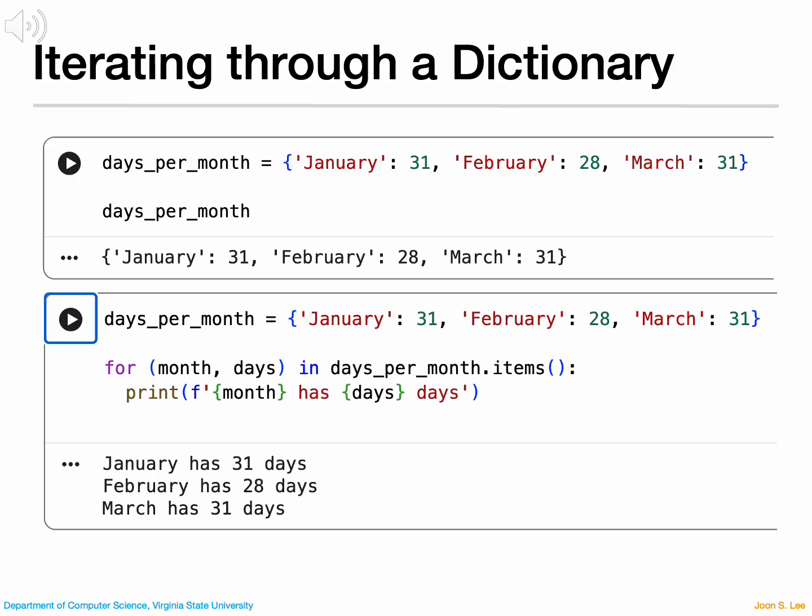at a time. We can also iterate through both the keys and values of a dictionary at the same time. To do this, we use the items method. This method returns both the key and its corresponding value as a pair. In the loop, we store the key in the variable month and the value in the variable days. This allows us to easily access both pieces of information and print a sentence showing how many days each month has. Using items is one of the most common ways to iterate through dictionaries when we need both the key